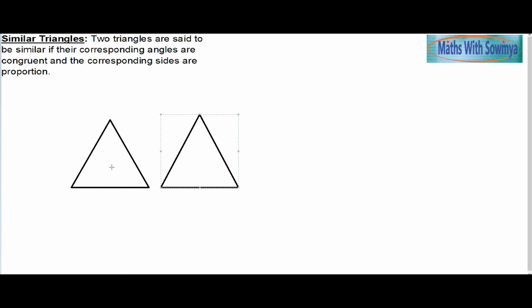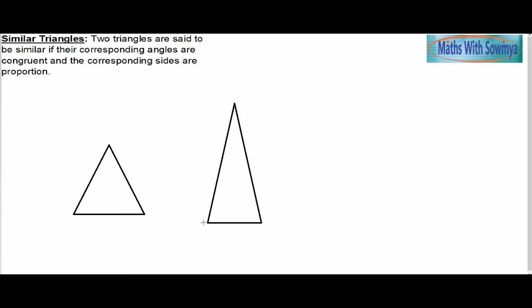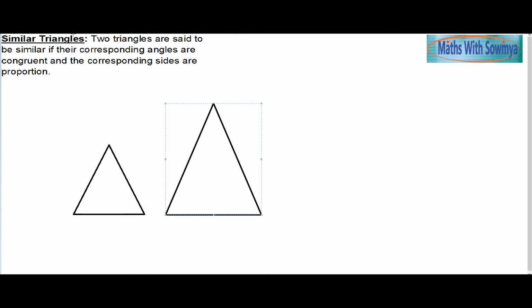We had learnt about congruency before, in the last year. Congruency means what? When two triangles are ditto equal, or they are superimposable on one another. So when they are completely equal, all the angles, all the sides, everything equal, we were calling it congruent. Now, in similarity, what happens? The two triangles need not be equal in their size. They have to be equal in the angles.